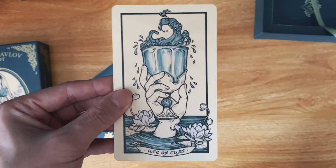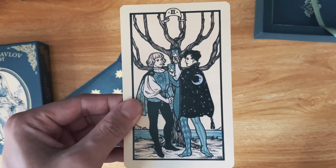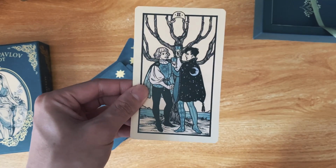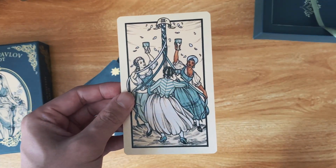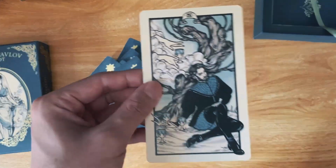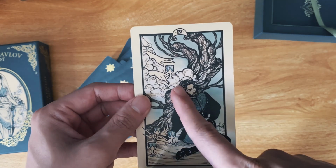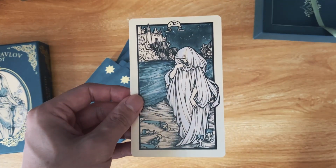The Ace of Cups. So the cups are blue. The Two of Cups. So there's two men. It looks like two men, but you know, it could be any gender. Three of Cups, very nice. Friendship. The Maypole, I think this is called the Maypole. The Four of Cups, meditation, rest, very nice. Turned away from the cup, as per the traditional RWS. The Five of Cups,